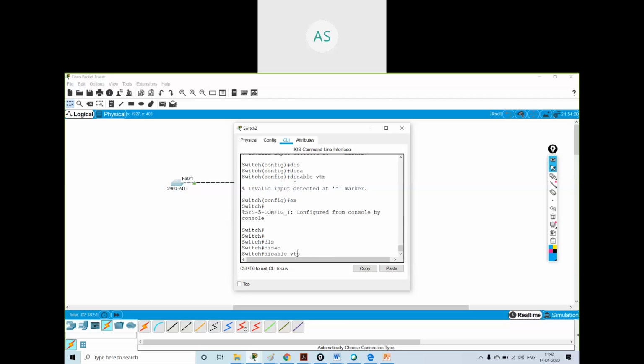Disable VTP. Let me check VTP. No, I'm not getting the command in this switch. Okay. Sir, the internet says you can't completely disable VTP on Cisco switches, and the best you can do is to change it to transparent mode.